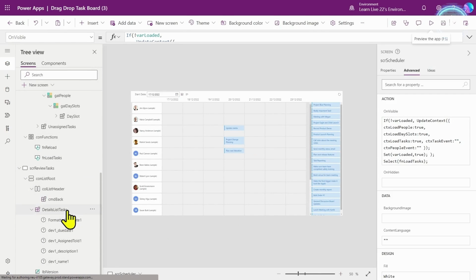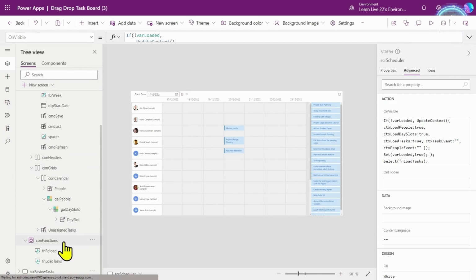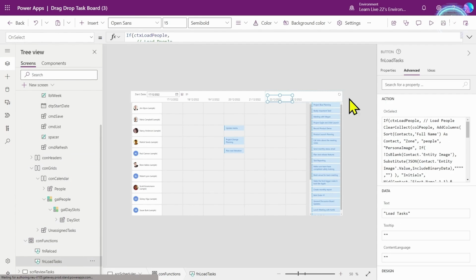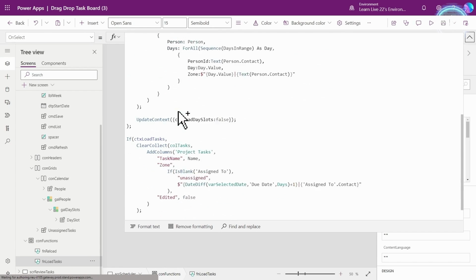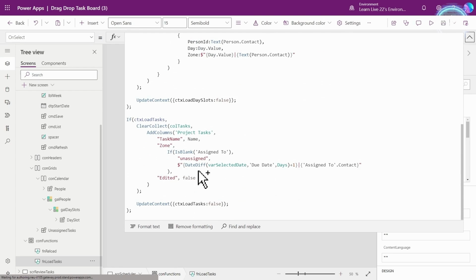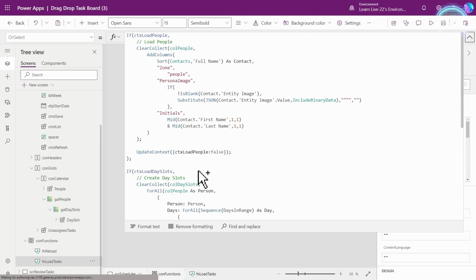So if we look at the functions that we currently have, let's look at the load tasks. I've made a few little optimizations since the last video. Really, all this load tasks function is doing now is loading the people, loading the day slots, and loading the individual tasks that are going to be put into each of those day slots. So it's the same functionality that we've previously looked at.